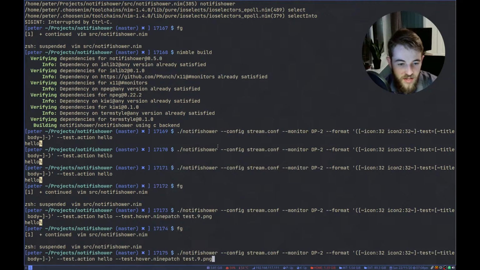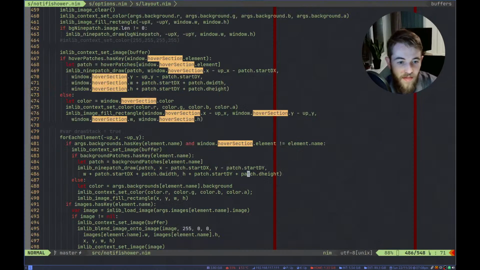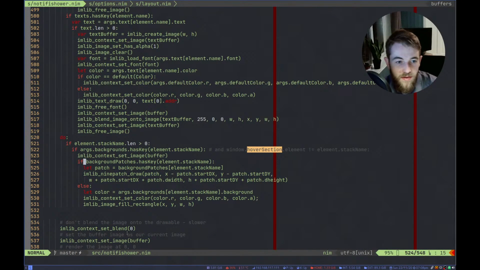But if I now set a background for this, just set it to a solid color, then it's going to draw that color on top. And that is what this thing that we commented out earlier was doing for us.